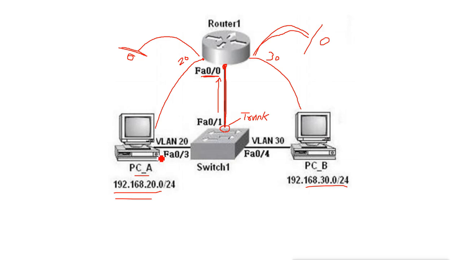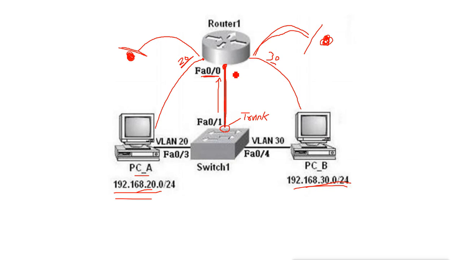Now the router will check which network the data is coming from. That means the data is coming from this logical interface, that means it is coming from this logical port. Now the router will accept the data. Now it will check where to send the data, so it checks the routing table. It says okay, I have to send it to this network. Now this network is connected to this logical interface, interface 30. So the router will send it to this logical interface, but physically it is the same link.